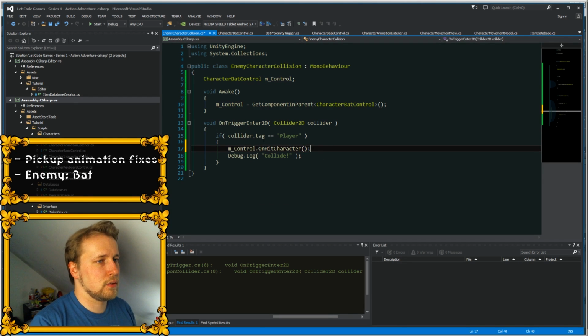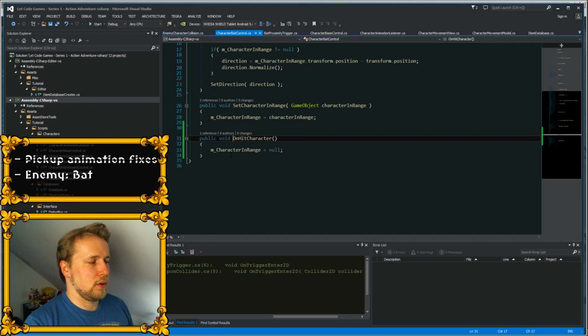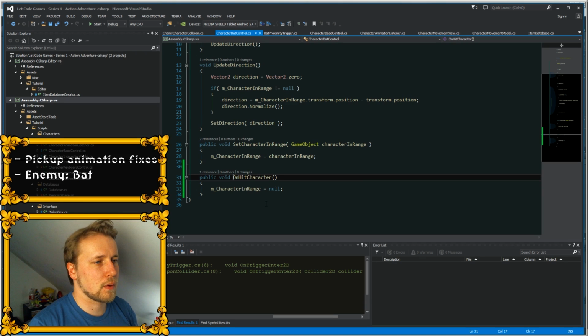So on hit character. It's not quite how the bat works in Zelda, but for now it's a good start. So we go back to idle, and we also